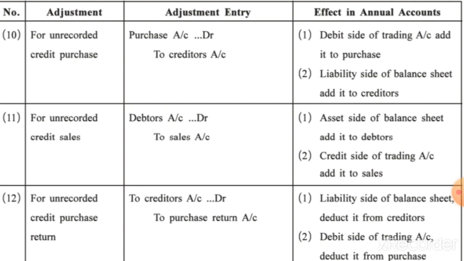Always verify that for any adjustment you have given two effects, and that one should be debit and the other should always be credit. No two debit effects or two credit effects can you give for any adjustment. So you can easily identify if you have made a mistake by posting two debit effects or two credit effects.